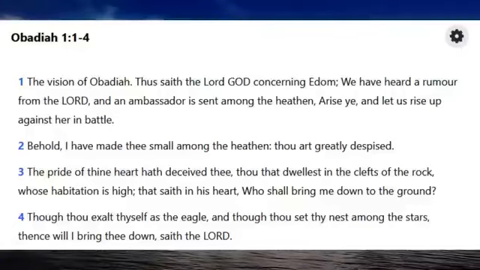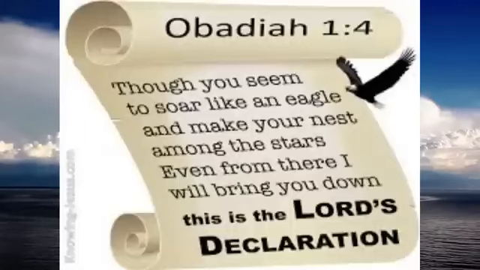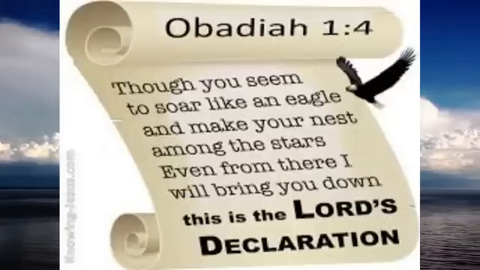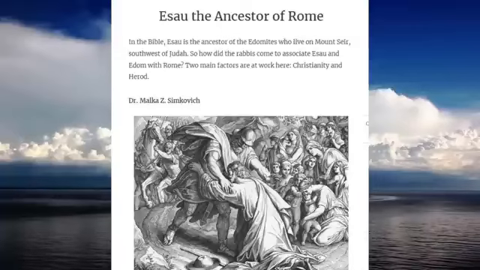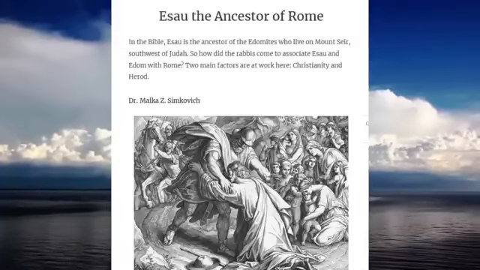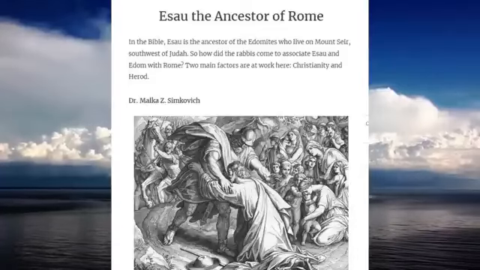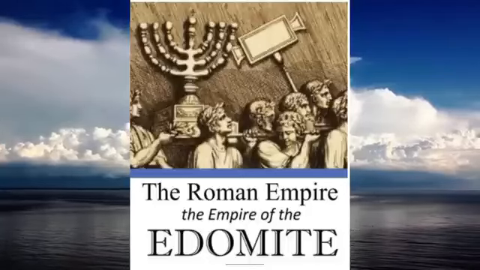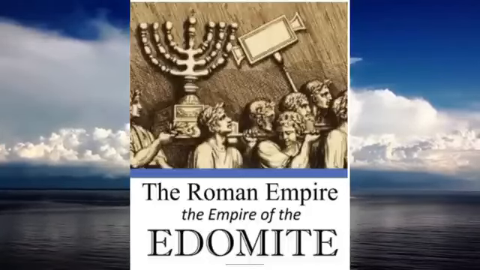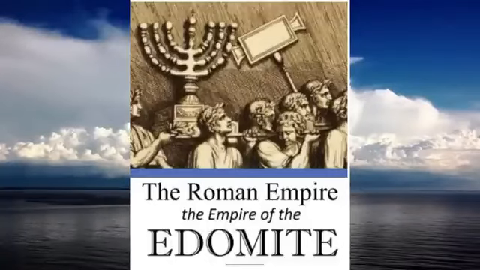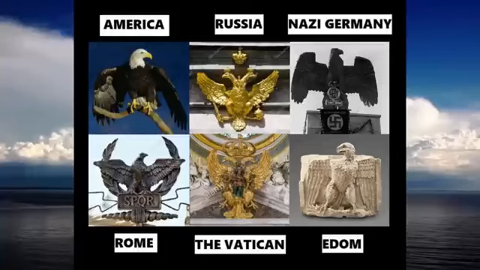So what it says here, though Edom has ascended as high as the eagle in their pride, the Edomites thought themselves to be as high as the eagle, and God wanted to bring them down. Now, there are some people who suggest that Esau and the kingdom of Edom then became Rome, and that these hunters who associate themselves with eagles, who were rejected by God, who God said he hated, became Rome, and then the Roman Empire, who then went on to worship false idols to spite God, who went against God. Now, I don't know if there are any bloodlines that exist from back then to now.